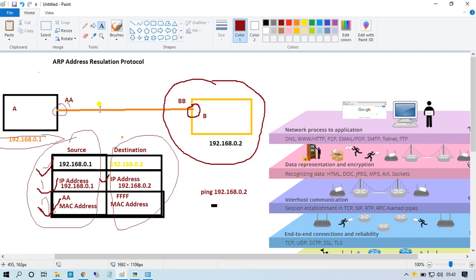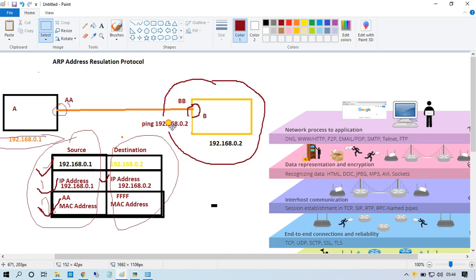Suppose PC1 has generated a ping request from here, containing all this information. PCA wants to send data from source to destination. It will generate a packet and send it over the network, and the data will transfer to the next hop.